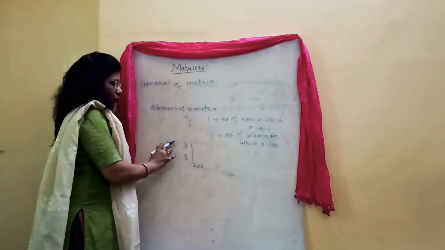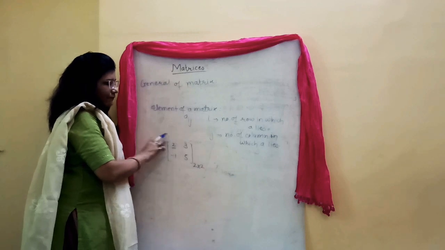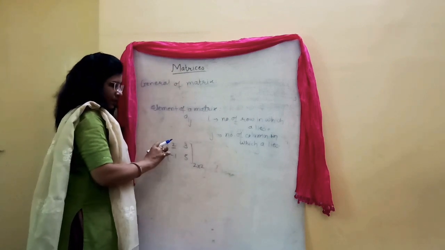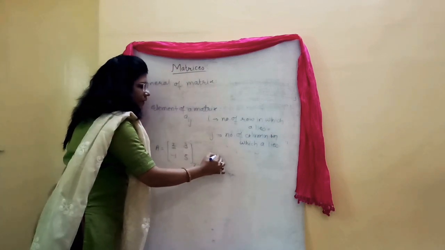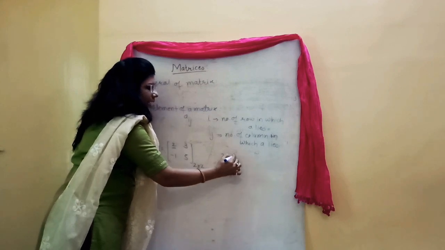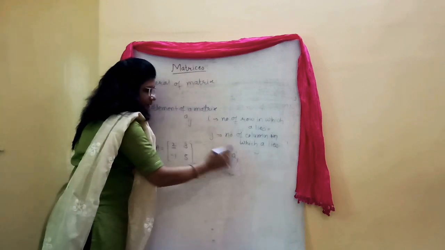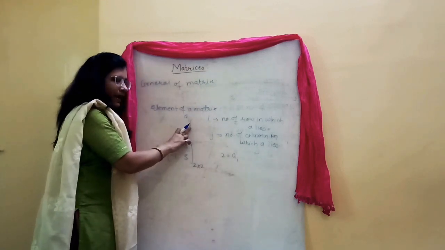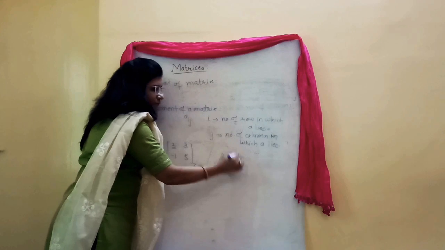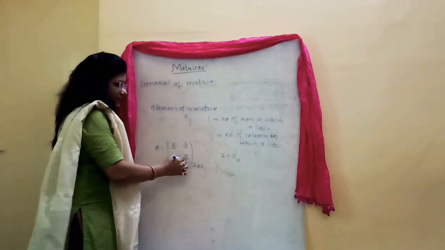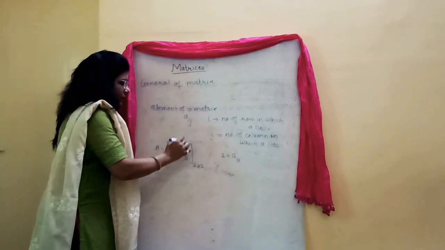Now if I consider element 2, then it lies in the first row and first column, and therefore we can write 2 is equal to A. It is lying in the first row, means A1, that is I is 1, and in which column does it lie? In the first column. So instead of J I will write 1. Okay.